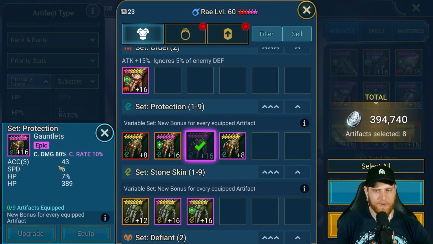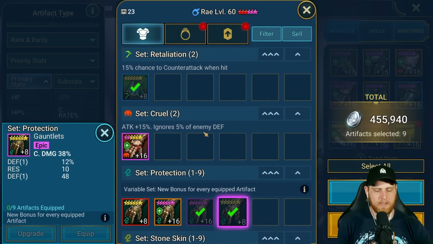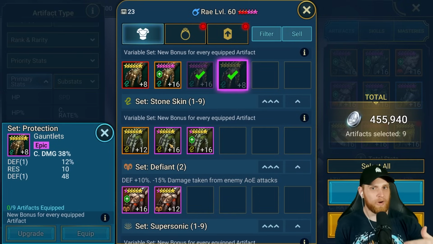Triple roll accuracy with extra crit rate. I mean, it's not really great, honestly. Not being used currently, probably won't be. Possibly worth a reroll, but there's other sets that are better that I'm going to reroll from. I am less strict on the sets basically Cruel down. Anything below Cruel, I'm a little bit less strict on because these are the sets that are much more in-game